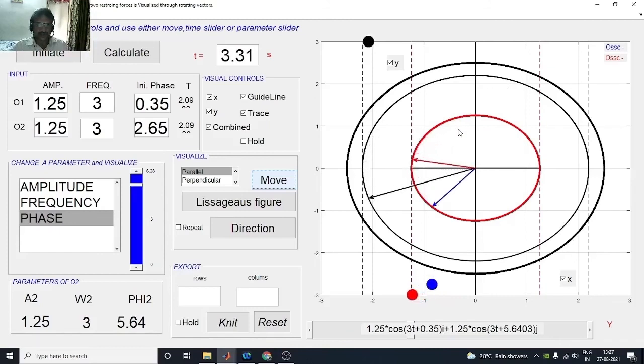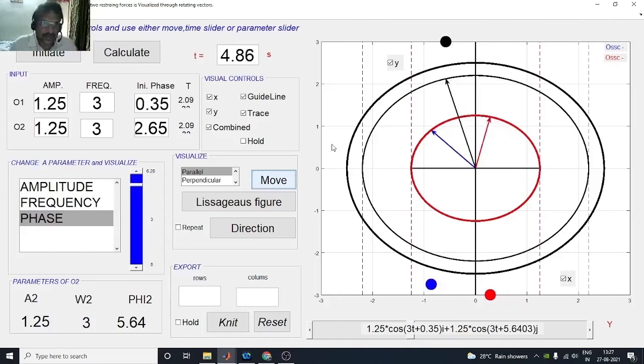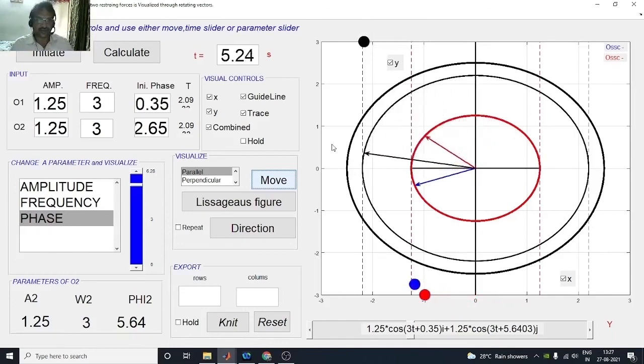In my earlier videos, I had shown the same addition of oscillations through the x-t graph and the physical motion. I suggest you go back and look at that video. Also, in one of the videos, I have shown this concept using things available at home as part of another playlist known as Zero Cost Physics Experiments. The same concept of addition of oscillations in parallel directions. I request you to go back and look at that also.